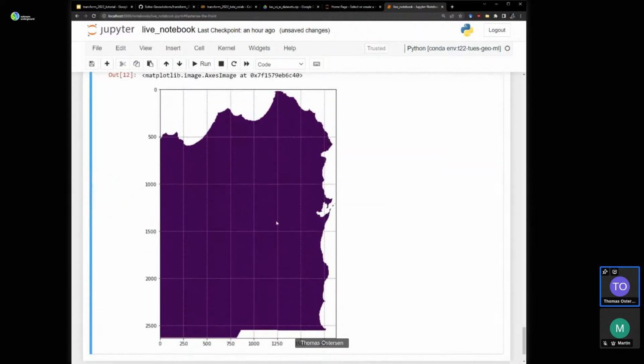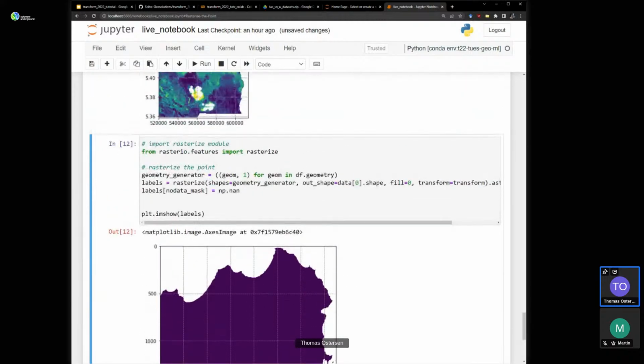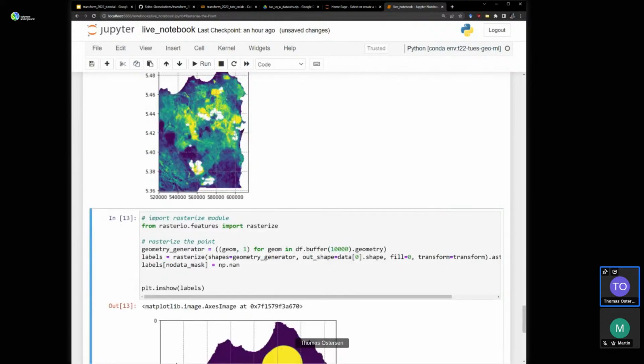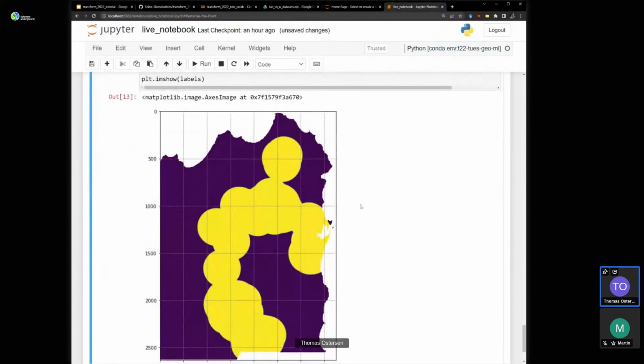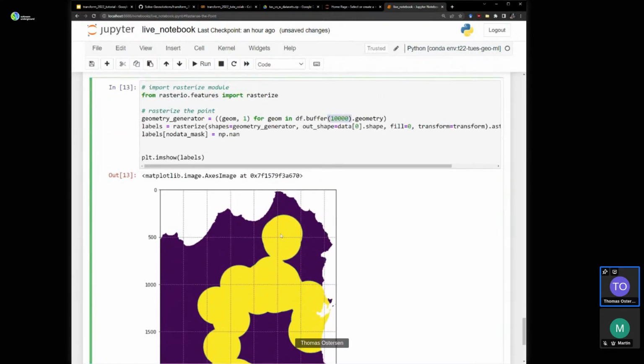Okay. We haven't rasterized anything just yet, and that's because we're trying to rasterize points. What we need to do is convert our point set into a polygon set, and we can use this one-liner from GeoPandas to convert the points into little circles. We'll buffer the points by say 10,000 meters. If we rerun that, we get this. So basically we've created a new raster where the background pixels are 0 and pixels that are within this buffer distance of our occurrences are 1.